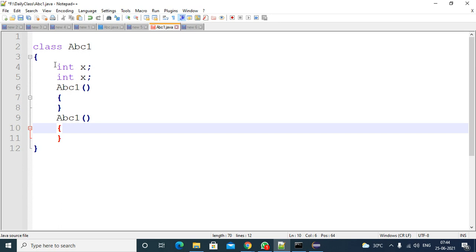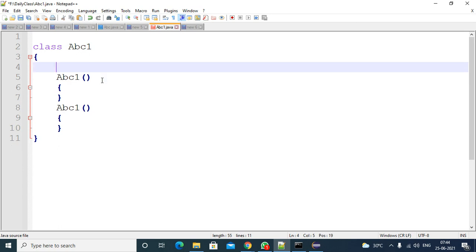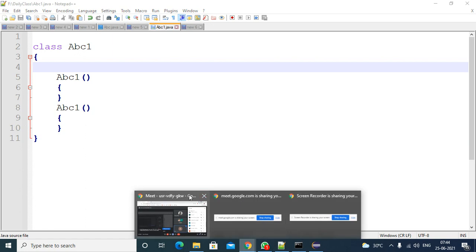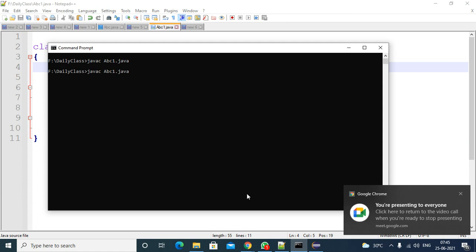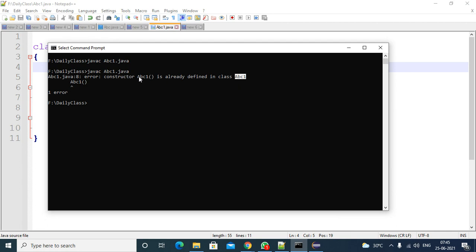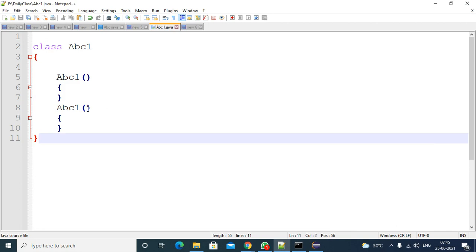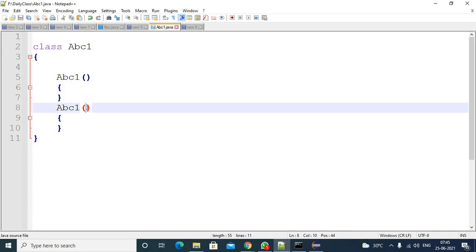If you try to compile this program with two constructors, you will get a compile time error saying ABC already defined in ABC1. That means the constructor is already defined, so please change the constructor parameters. I'm trying to add parameters.